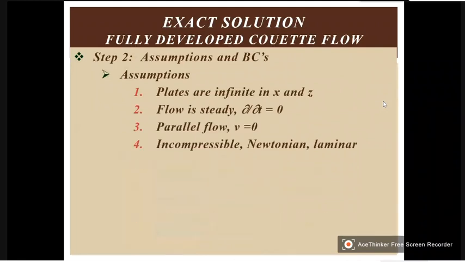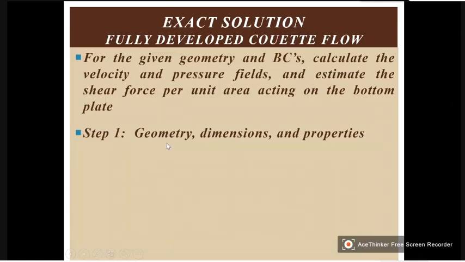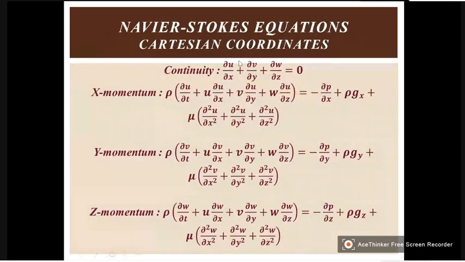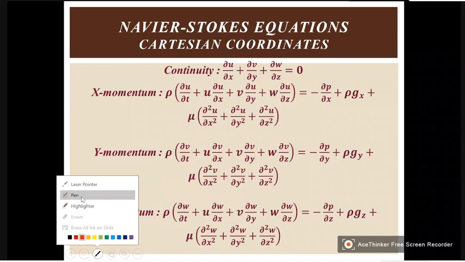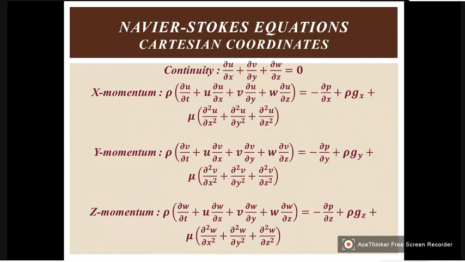And incompressible, Newtonian and laminar. So this we are taking incompressible, that means rho is equal to constant, so that we can consider the continuity equation in this form. In the presence of rho, actually the correct continuity equation is